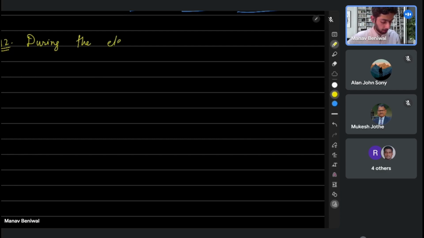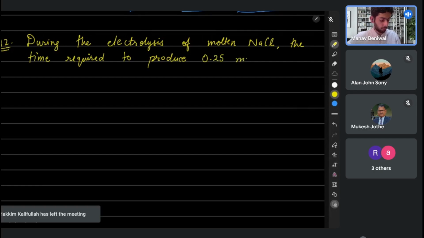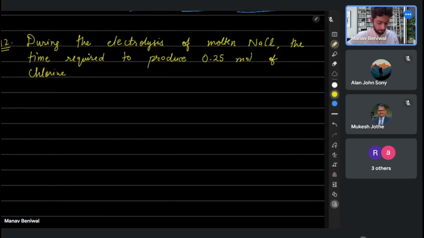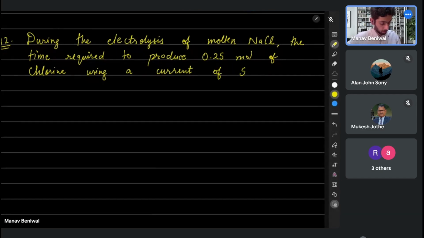During the electrolysis of molten NaCl, which is sodium chloride, the time required to produce 0.25 mole of chlorine using a current of 5 amperes is